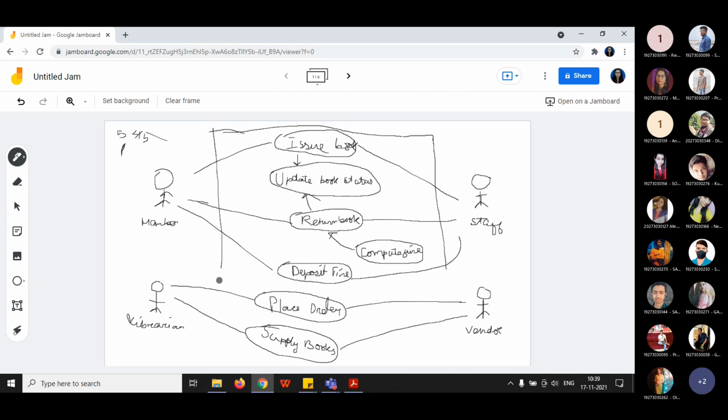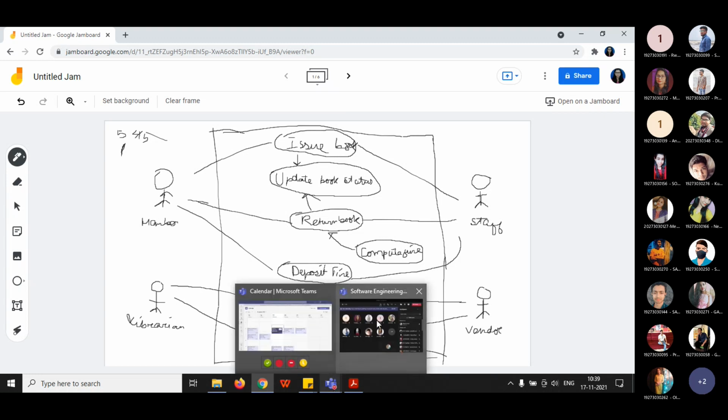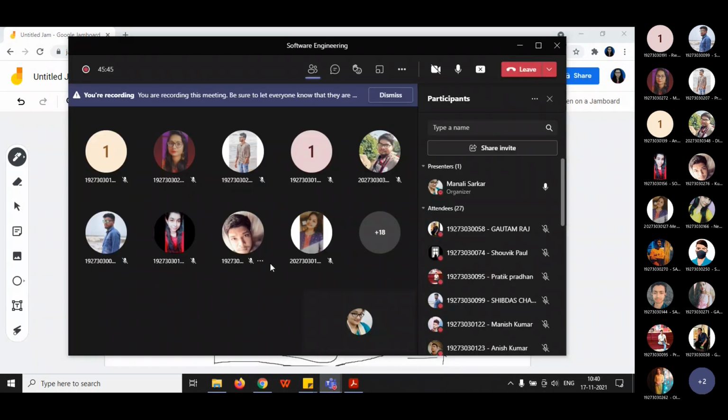Now the next string that can happen from this grammar: again we put the A value in this grammar. A means A B. In this way it is forming. So this is a sample use case diagram for a part of a library. Is it clear, students? Sample use case diagram.